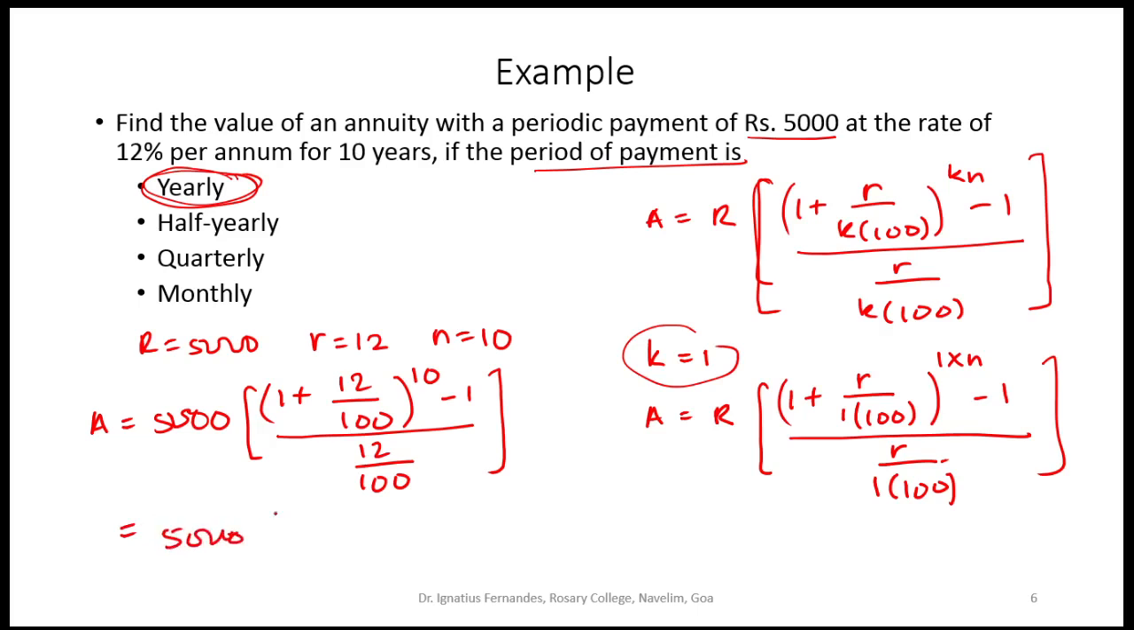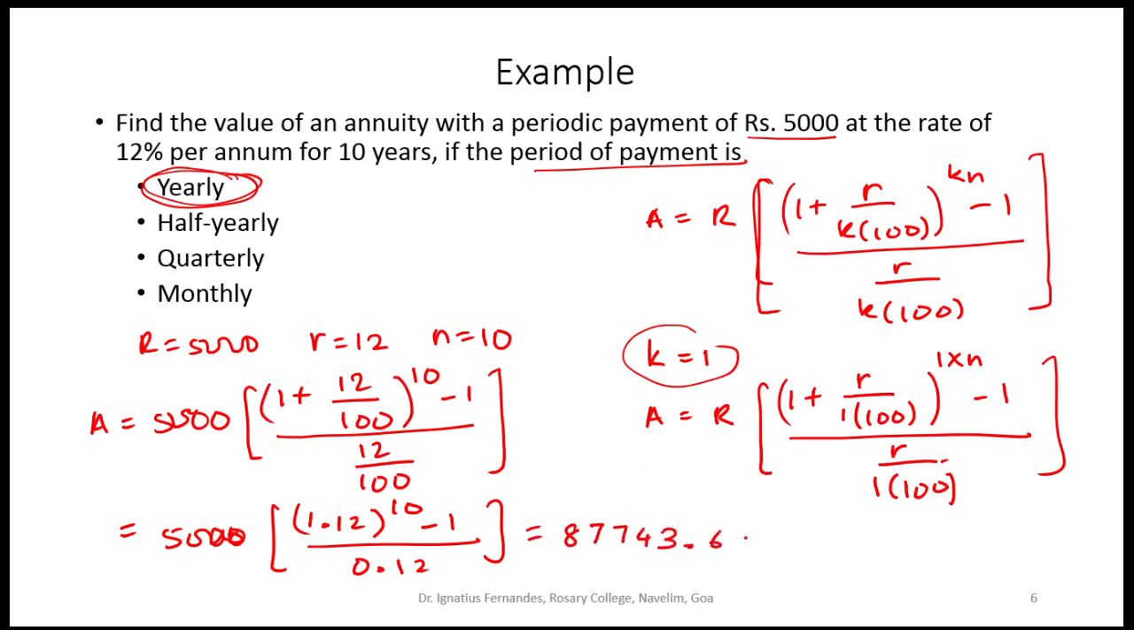It will be 5,000 into 12 upon 100 is 0.12 plus 1. So I have 1.12 raised to 10 minus 1 upon 0.12. So if I carry out these calculations, this value will come to 87,743.68. So the total amount or the value of the annuity after 10 years, if the payment is periodic yearly, then the value is